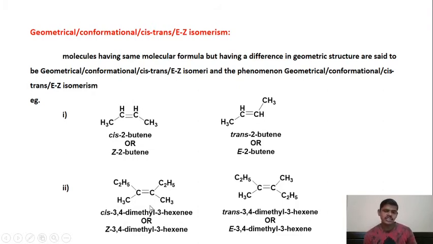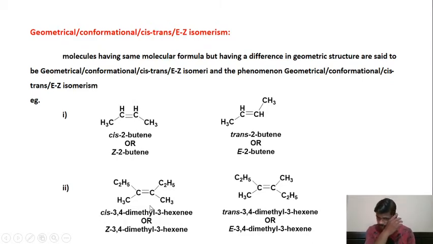Again, the difference here is in the C2H5 or the CH3 groups. You can take anything; suppose we consider the C2H5 groups. In cis, one C2H5 group is coming towards you and the other C2H5 group is also coming towards you, and both the CH3 groups are going towards me. So this is cis, because both the C2H5 groups are coming towards you.